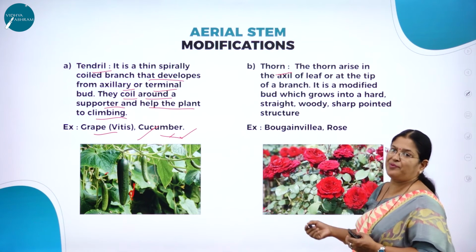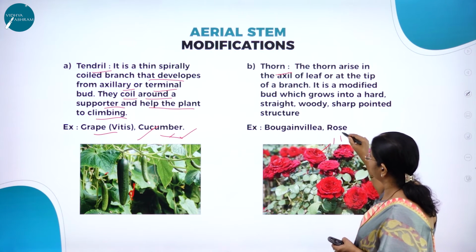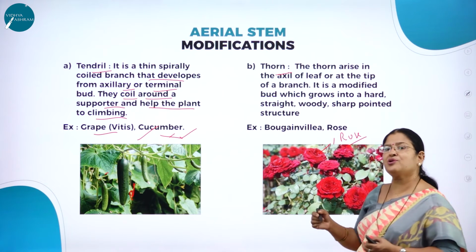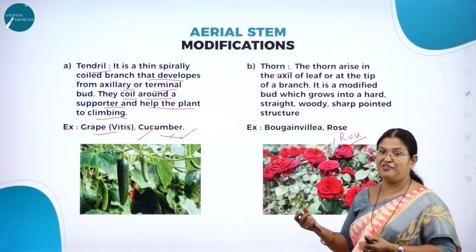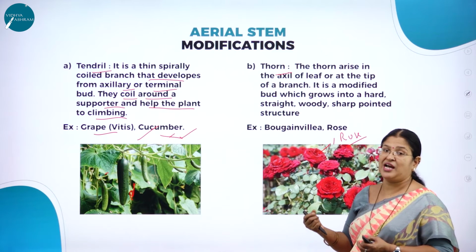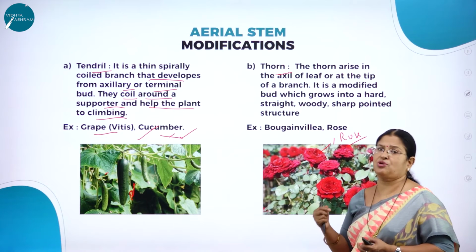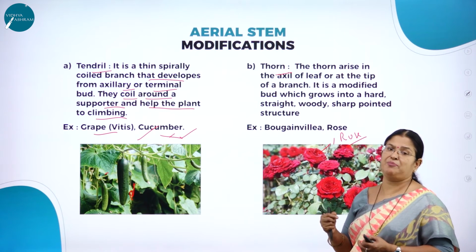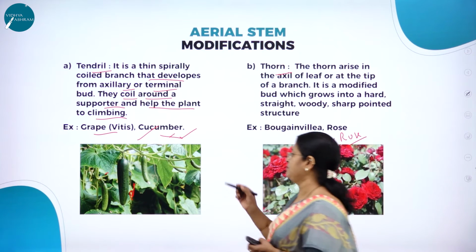Thorn, very very important. I think even many plants you would have come across have thorns. A classical example is rose. Rose is such a beautiful flower, and you might have come across when we pluck the flowers, we should take care, otherwise we will be pricked by the sharp thorns. So why this thorn? Thorn is particularly developed by the plants to avoid being eaten by browsing animals.